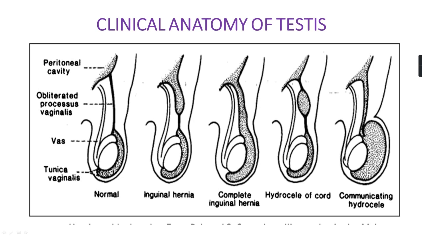Now something about the hydrocele of the cord. See, you can see this figure. I have told you the processus vaginalis, that is a pouch of peritoneum that runs along with the testis during development. And when the testis comes into the scrotum, the processus vaginalis is closed. But if it is closed at the deep inguinal ring and just above the testis, but remains patent in the middle part, that forms the hydrocele, that is called the hydrocele of the cord. And if it is patent throughout its length, then it forms a complete inguinal hernia.